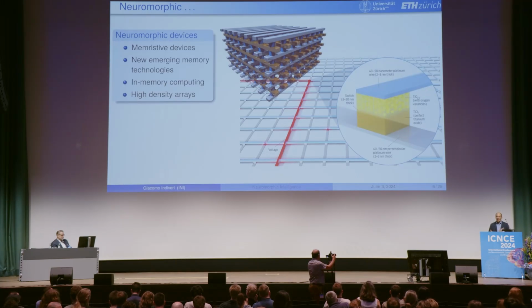And therefore, because this was an electronic medium reproducing the properties of biology and nervous systems, it was natural to start using the term neuromorphic as well. So from 2008 on, the term neuromorphic also refers to this type of research activity and the community that is working on this research activity using emerging memory technologies and memristive devices.